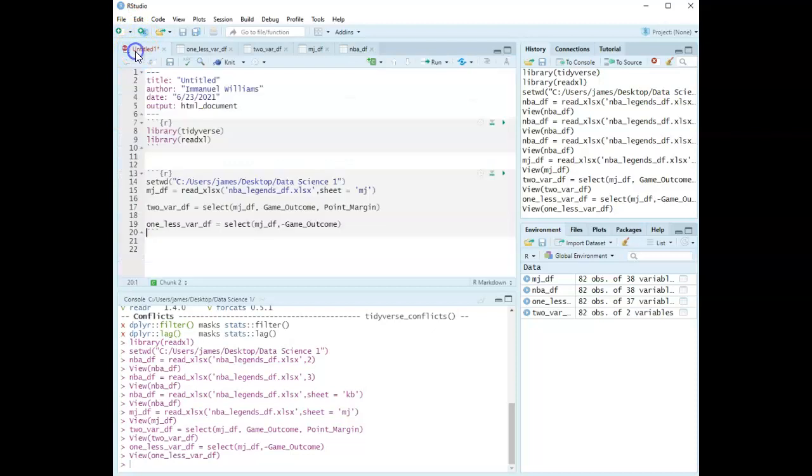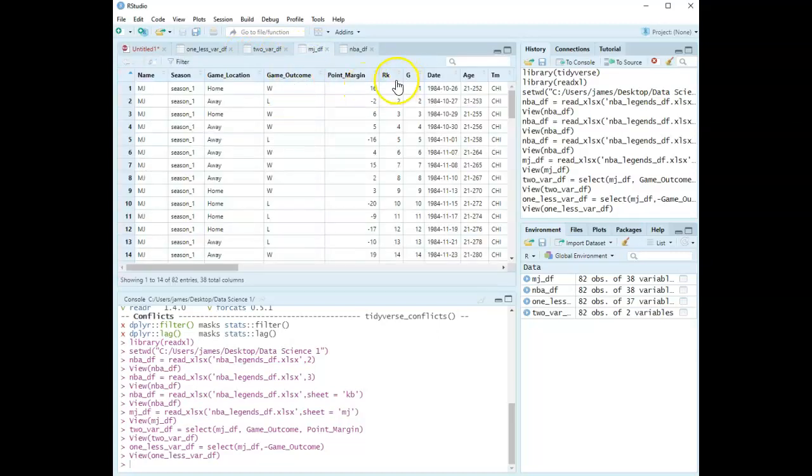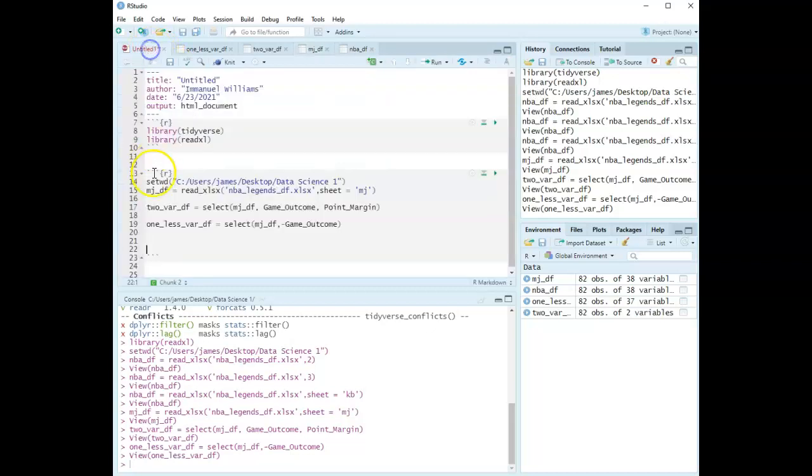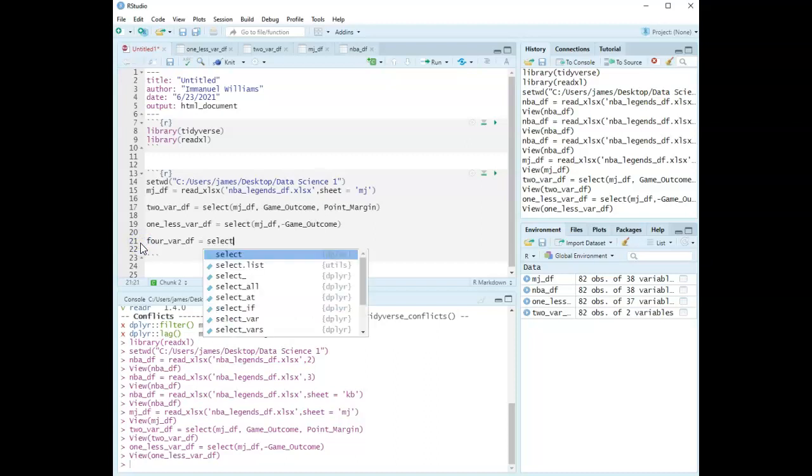All right. So another thing that you can do is one last thing. Let's say I want access to variables rank through age. So that's 4 variables, so I'm naming it 4. You can name it whatever you want, but notice I'm trying to be consistent. I always have the df after. That's intentional. Let's just say 4, and I'm gonna say select